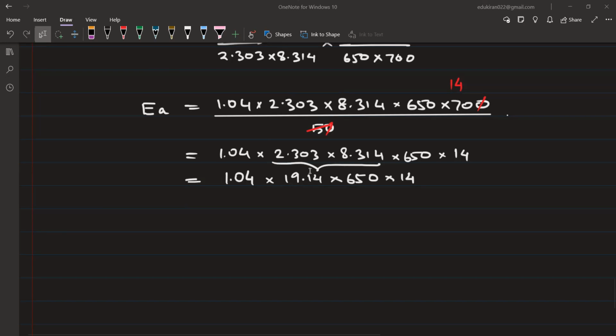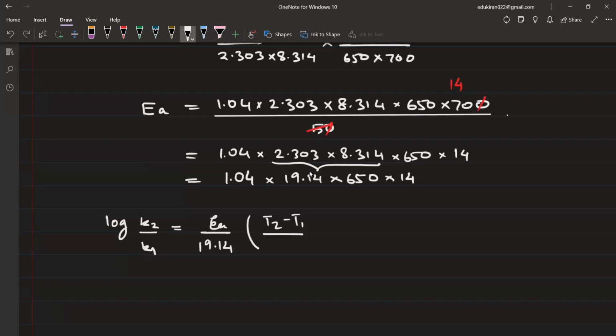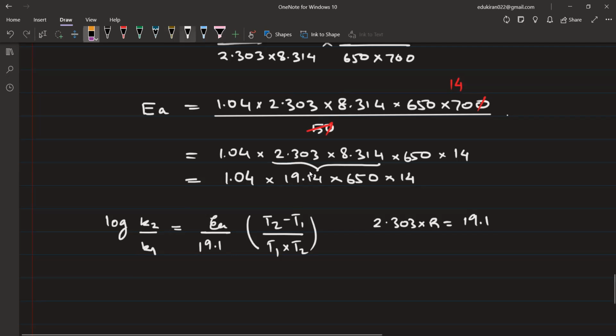Also, you will do one more thing, is that now you will remember this equation as log k2 upon k1 is equal to EA upon 19.14 into T2 minus T1 upon T1 into T2. ठीक है, 19.14 है 2.303 into R. 19.147 है एक्चुअली, 19.15 कर लीजिए, 19.15।